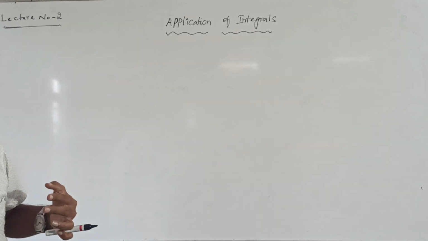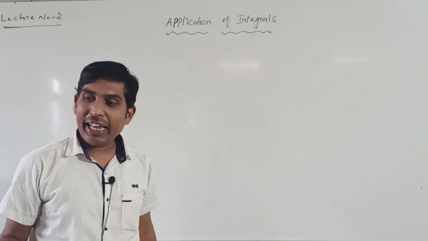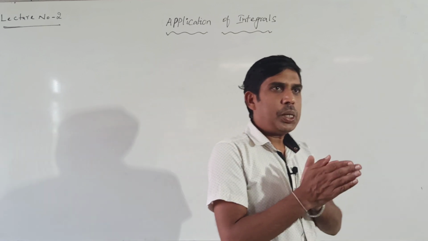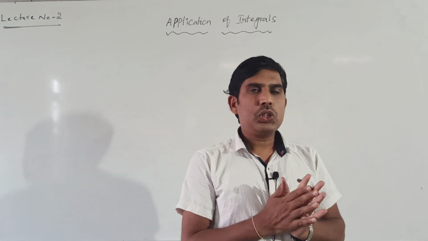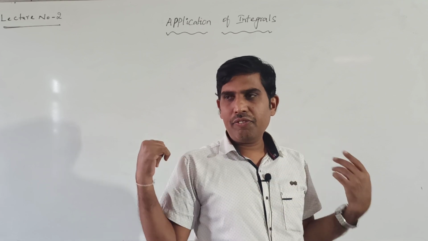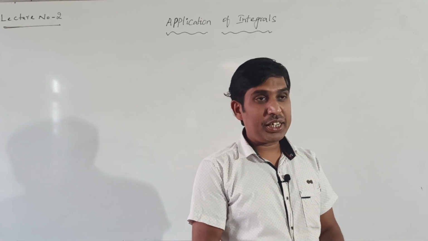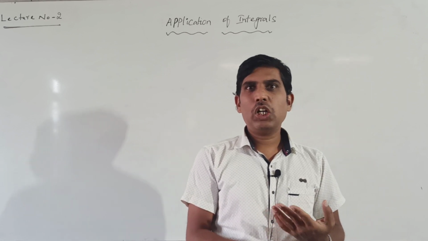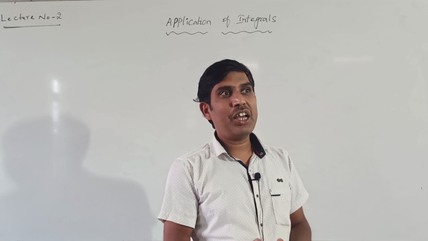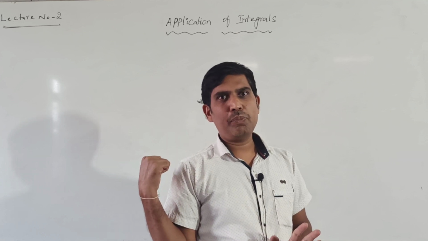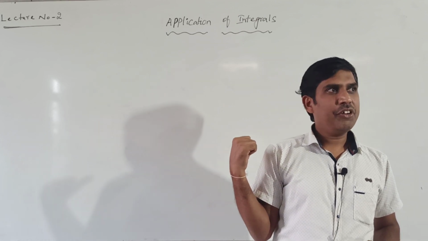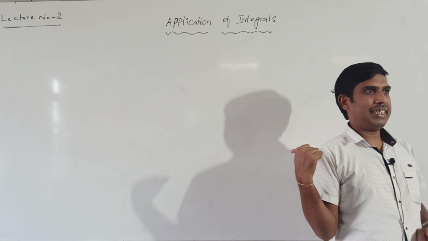So in today's class, again we will recall what we discussed: the area of an ellipse. The formula for the area of an ellipse is pi AB square units. And what we discussed here is the area bounded by a line and a curve. One line and one curve intersect, and we have to find the bounded area. Through this example we observed how to find the area when one line and a curve intersect.